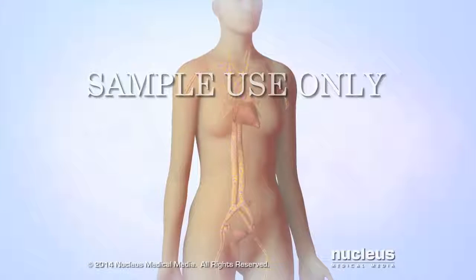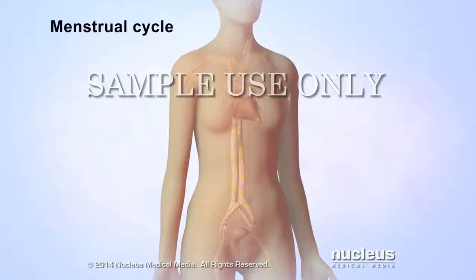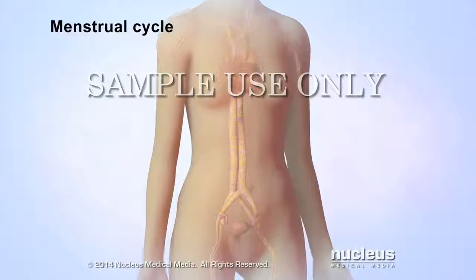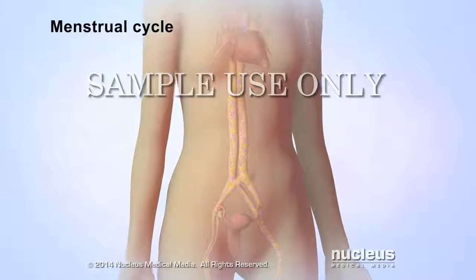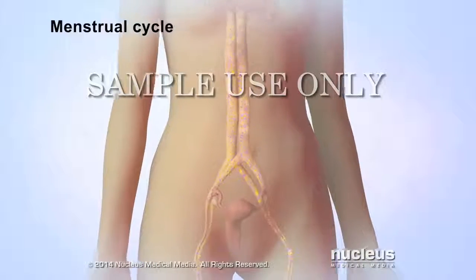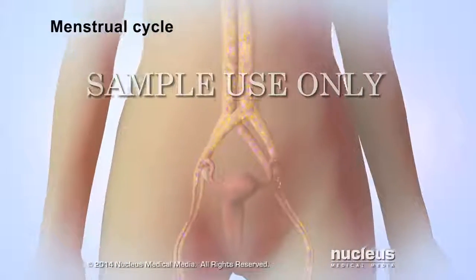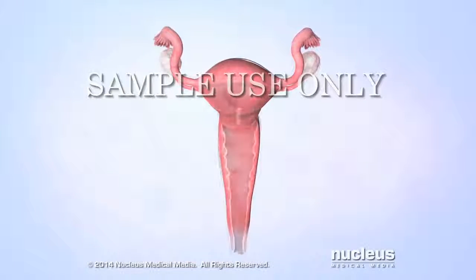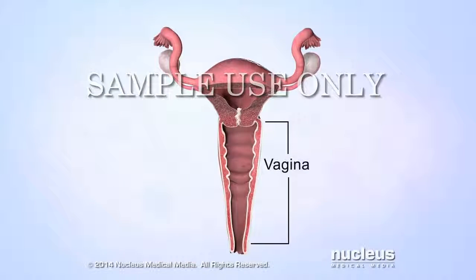A series of events called the menstrual cycle happens about once every month to prepare a woman's body for pregnancy. Changing levels of natural chemicals in the bloodstream, called hormones, control these events. The reproductive organs affected by these hormones include the vagina,